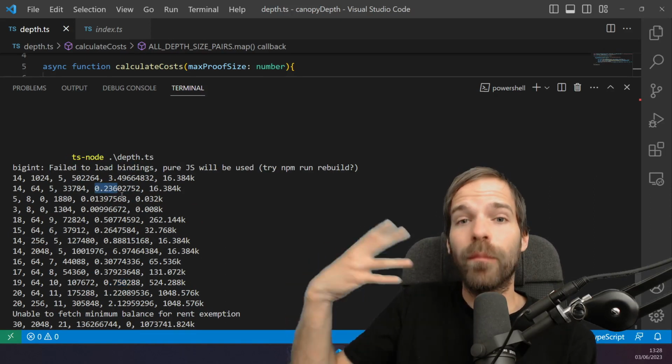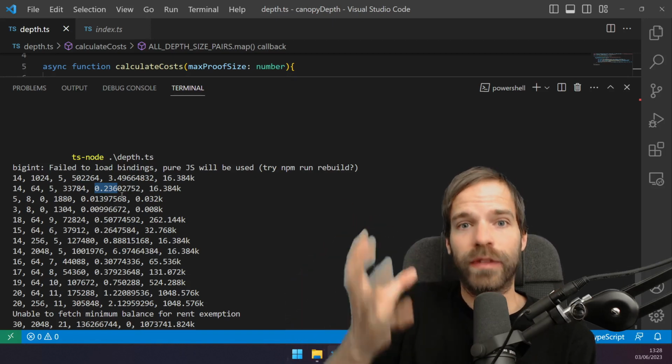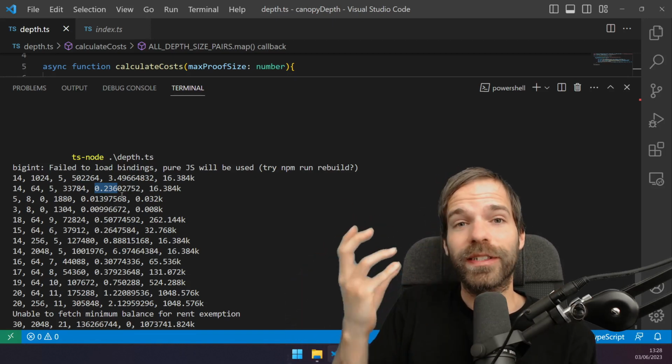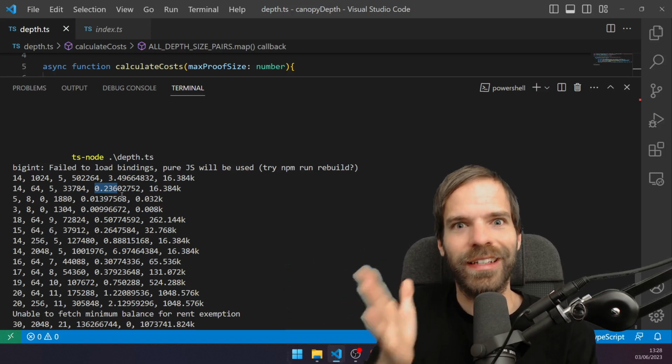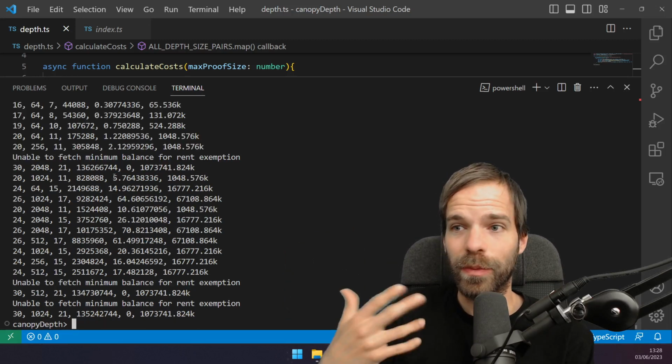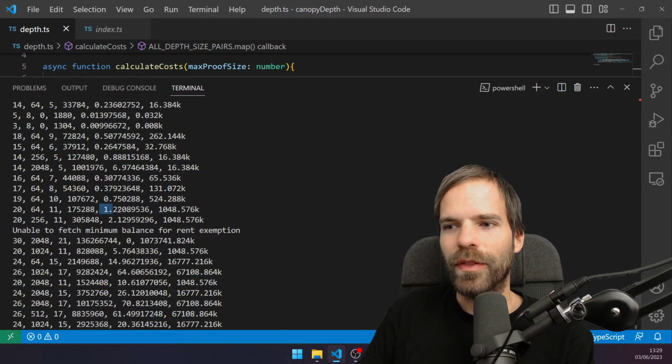The bigger the tree, the more the canopy falls into depth. And depth is probably the wrong word. The more percentage of the account size is for the canopy. Because again, the canopy increases exponentially. But then also it pretty much doubles if I have a bigger buffer size. So yeah, that also really plays a big role how